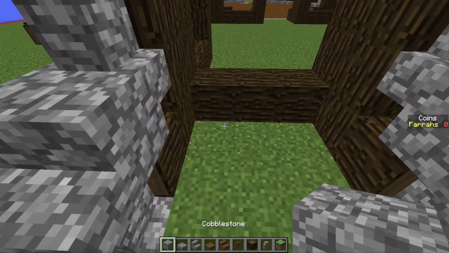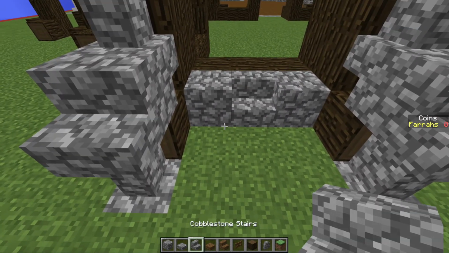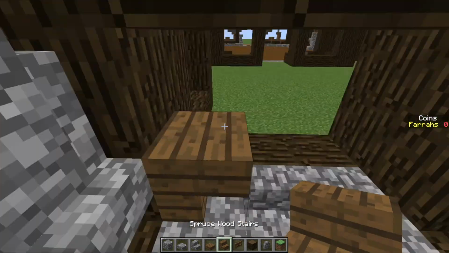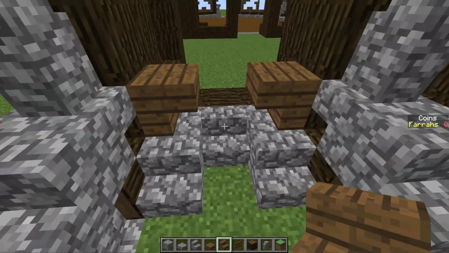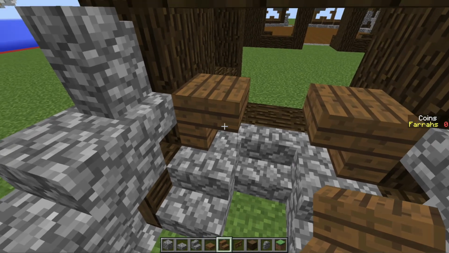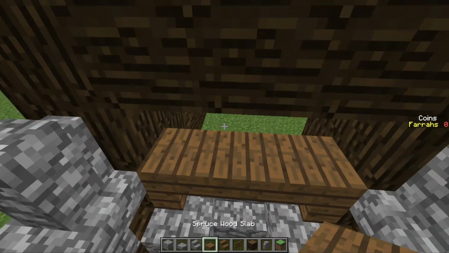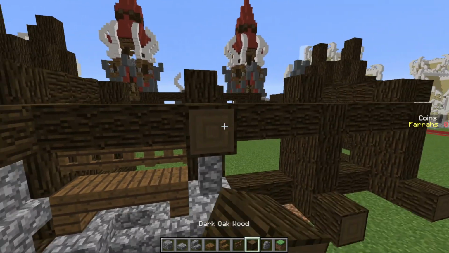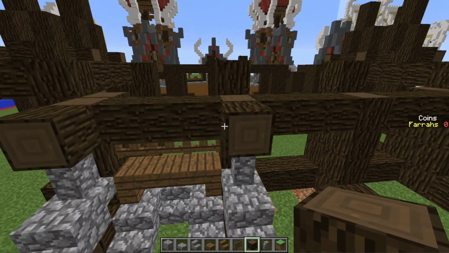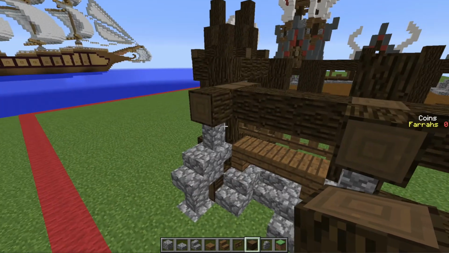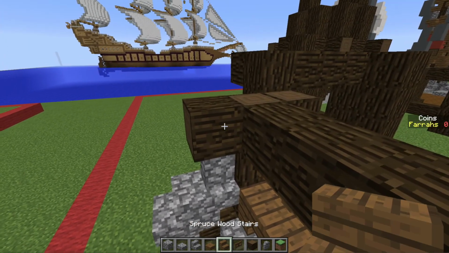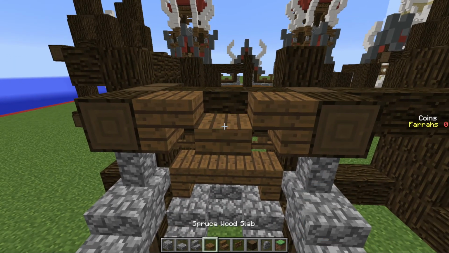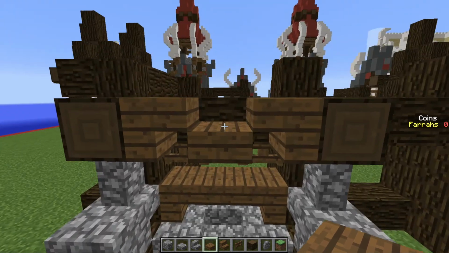Then in the center area here, we're going to place two blocks with a cobblestone stair in the middle, two cobblestone stairs either side, spruce wood stair above each of the blocks that we placed, both upside down, then a slab with three gates in the center like so, then wooden logs pointing out like so on top of the cobblestone walls, then two upside down stairs like so, and a slab in the center on the bottom half of